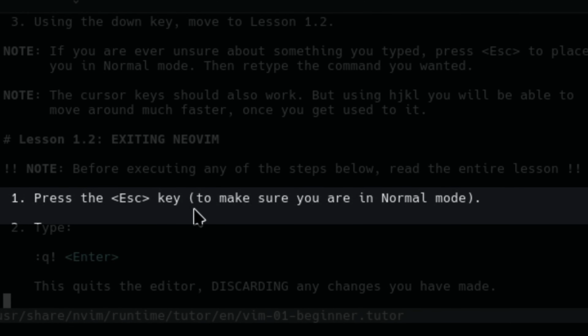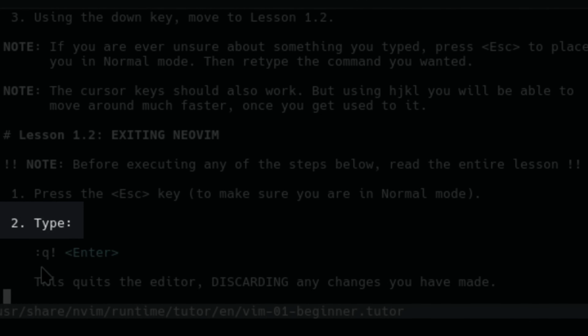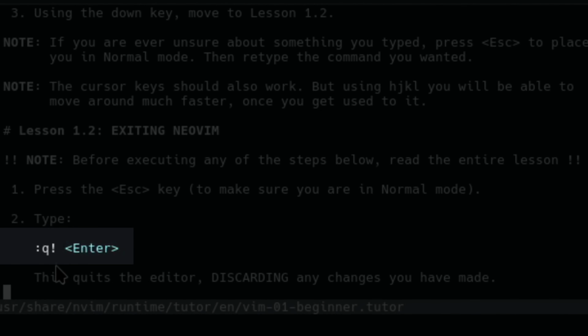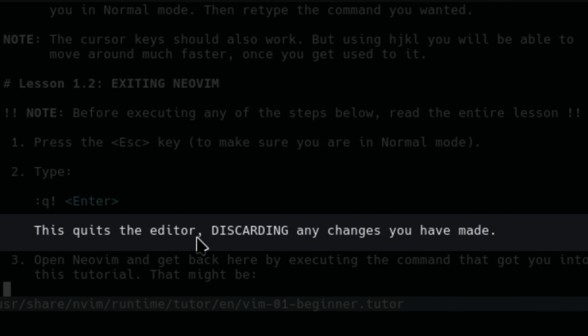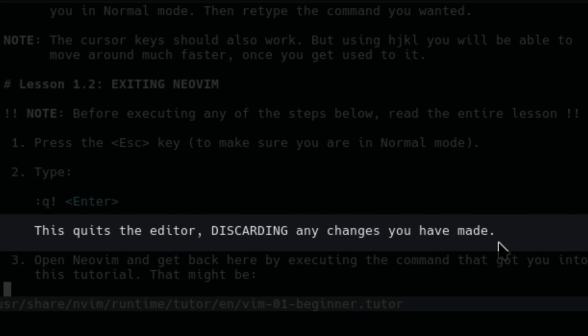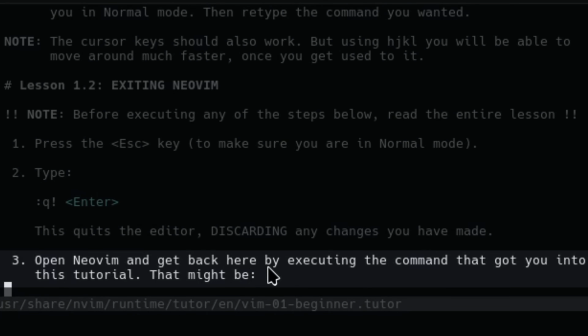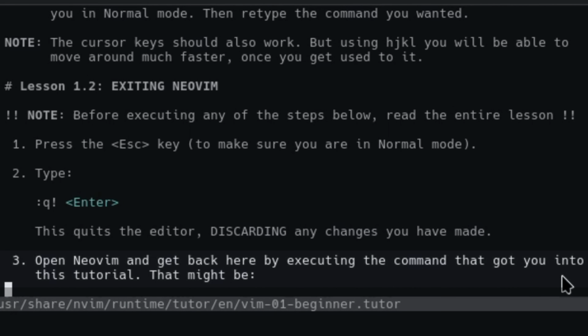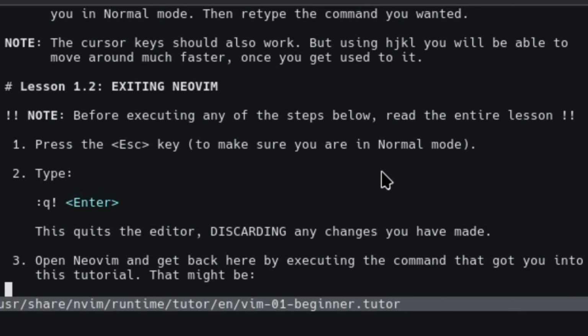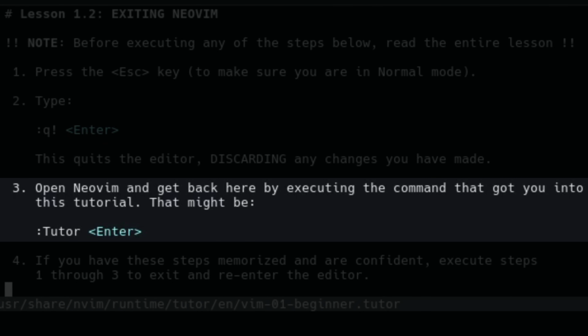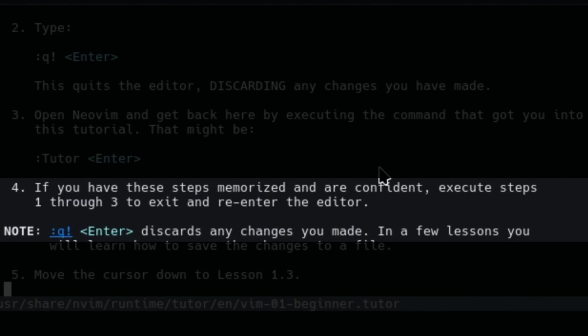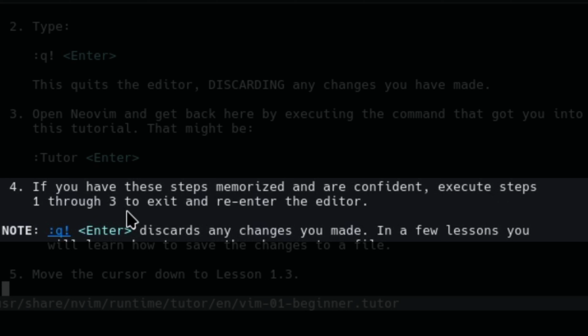Press the escape key to make sure you are in normal mode. Type colon Q, I believe it's exclamation mark or bang? I don't know. This quits the editor, discarding any changes you have made. Open Neovim and get back here by executing the command that got you into this tutorial. That might be tutor. If you have these steps memorized and are confident, execute steps 1 to 3 to exit